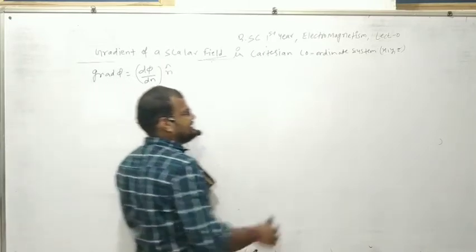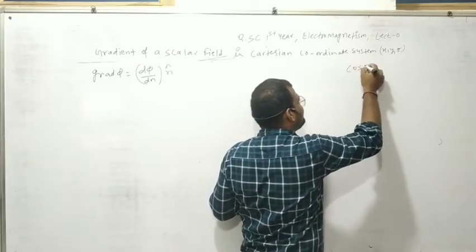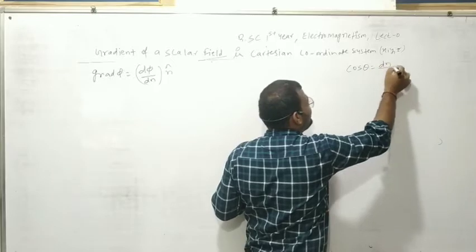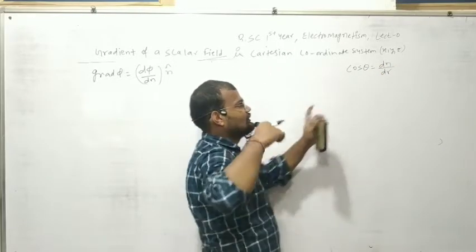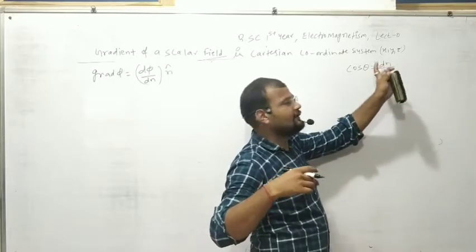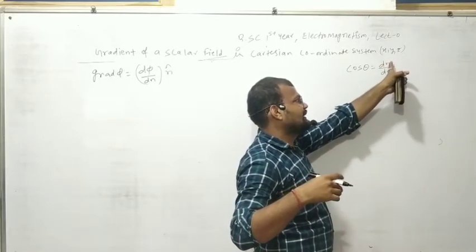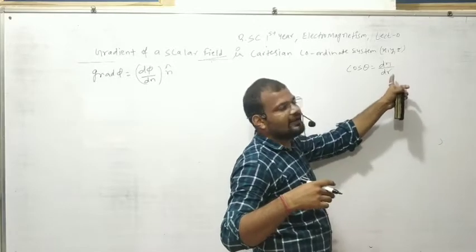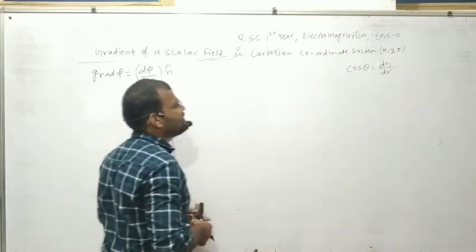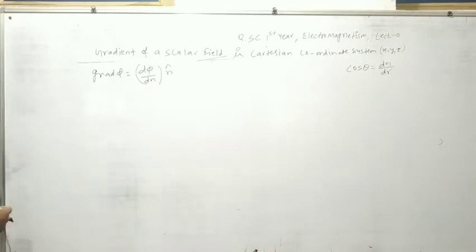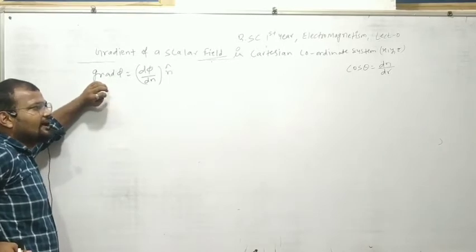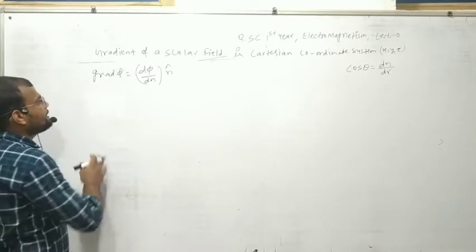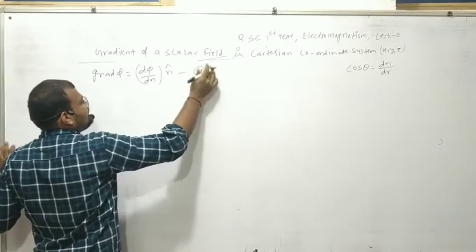You have seen these in the diagram. From the diagram, cos theta equal to dn over dr. I am changing del n to dn and del r to dr. So this will be your cos theta equal to dn over dr. So this is your gradient phi equal to d phi over dn into n cap. This is your equation number 1.